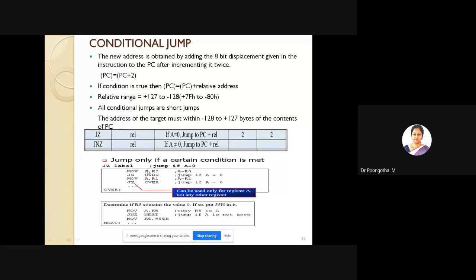R0 is loaded with accumulator. So this instruction checks the accumulator content. Only it will jump if accumulator is 0. Similarly here, in case of not 0, only it will jump if accumulator is not equal to 0. So it can be used only for register A, not any other registers. Okay.